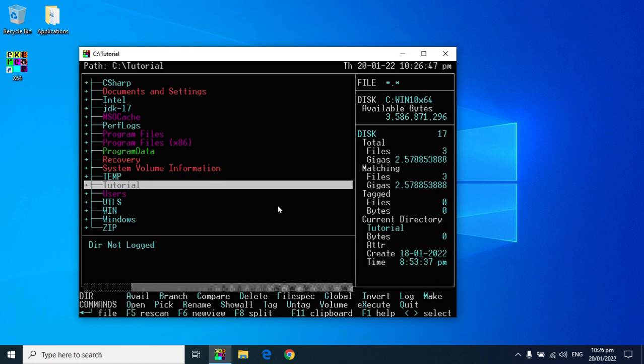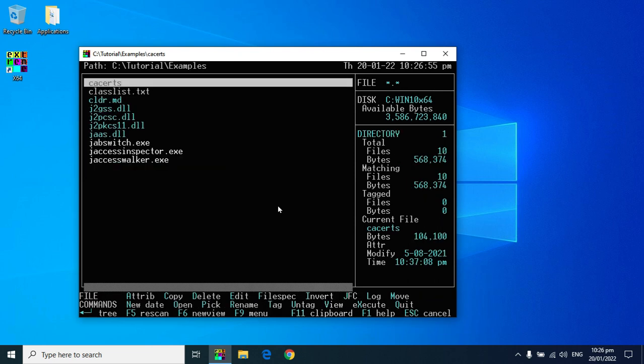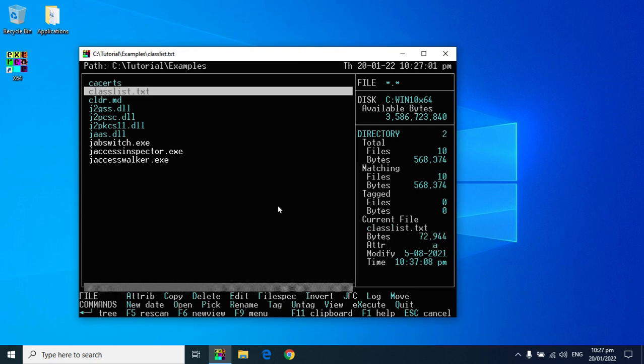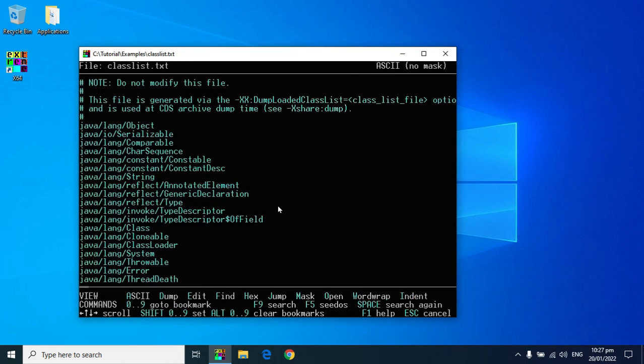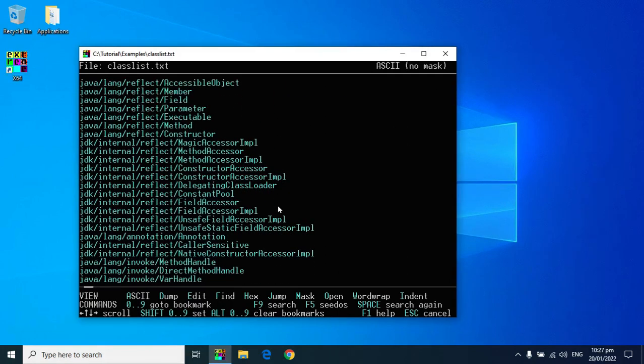Now Extreme comes with its own text viewer, and this is useful for inspecting the contents of files, and it can be started from any file list by pressing the V key, and that starts up the text viewer. So in this case it just shows the contents of the file,